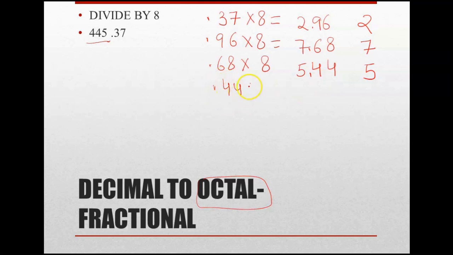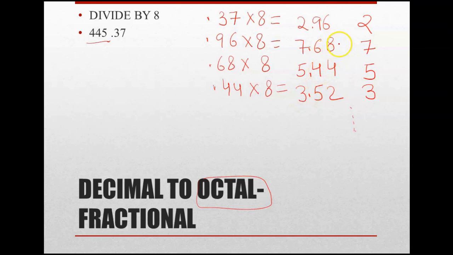Then 0.44. I am feeling like this also is not giving you a result without a fractional part. So 8 4s are 32, then 3 again, 8 4s are 32, 35. And then here, and then again 3. So well, this is done, we can just stop it as such. The approximate answer only we can find out.